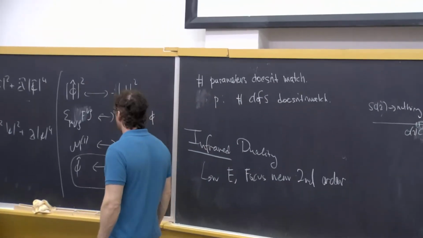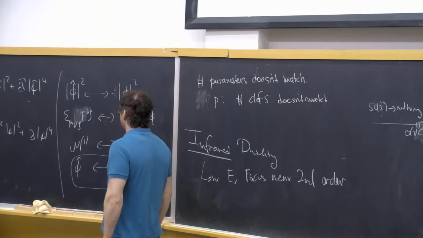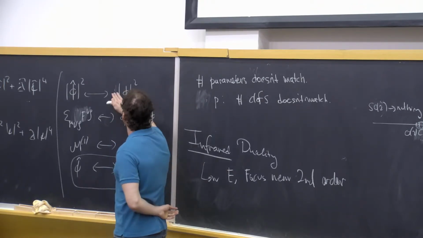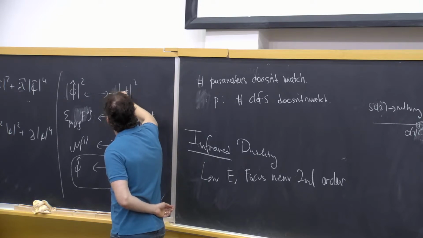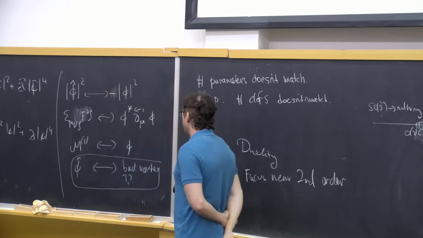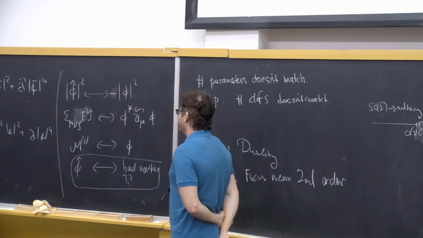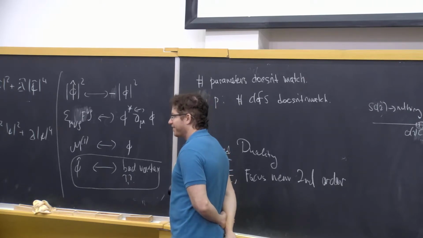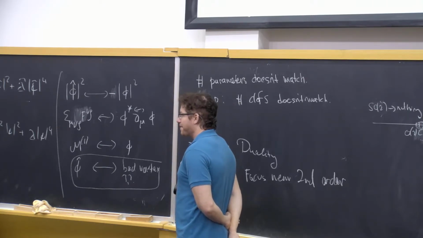Maybe I missed the first line. First line is just saying phi squared is related to phi squared? Minus. There is a crucial minus sign here. So I should be able to derive that from the third line? Oh, no, you cannot take the square root of the first line. No, I want to take the square of the third line.